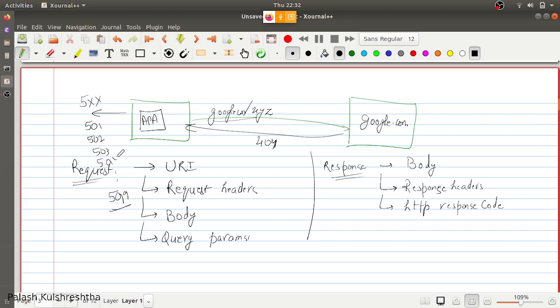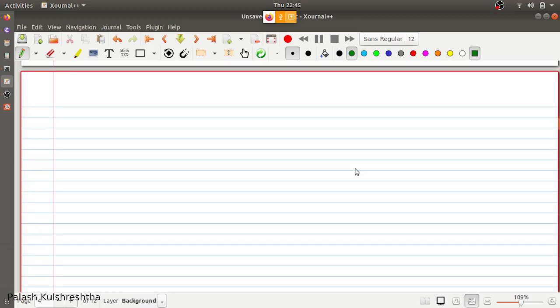But what I have seen till now is that generally the first 500 to 504 are the most common ones. The others are used very less frequently. So that is how we are going to debug a production 5xx.